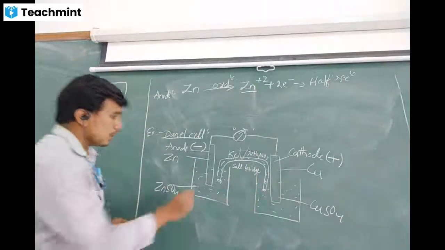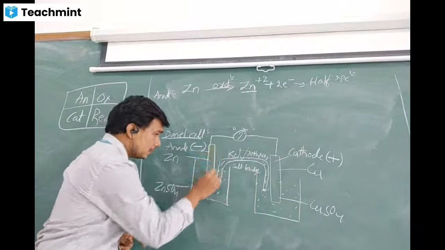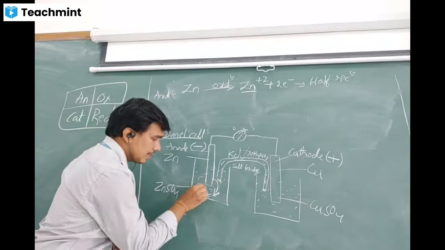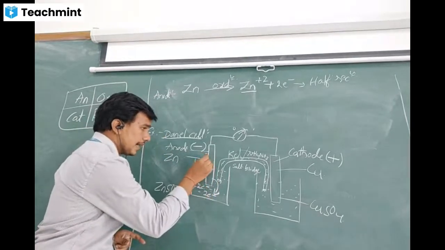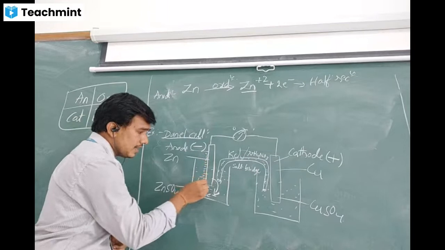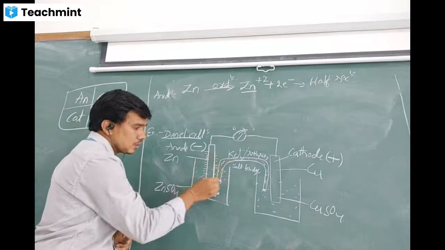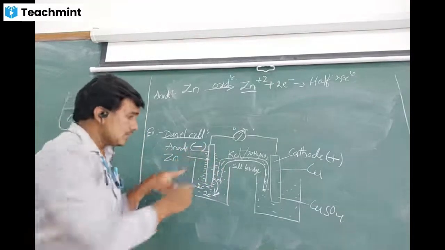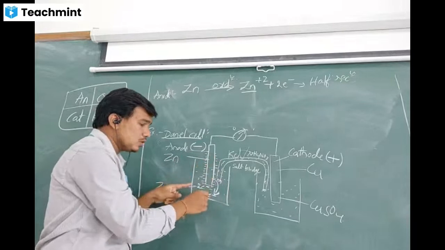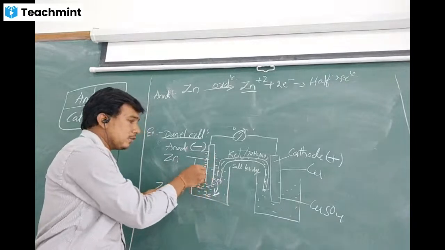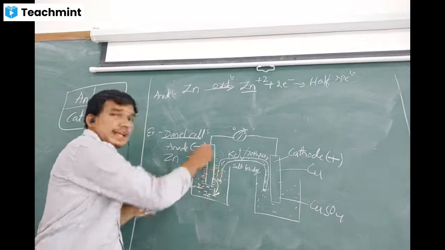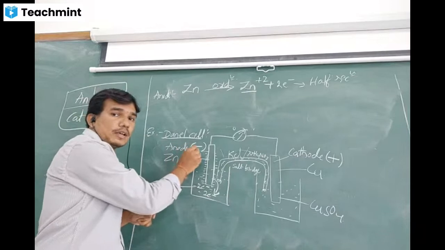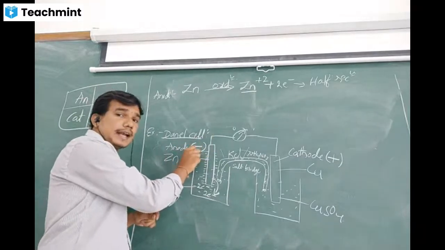Okay. So here this zinc metal is going to oxidize, liberating the electrons. Electrons mean negative charge. So that's why we have to denote the anode as negative, because zinc is going to oxidize, it is losing the electrons. So this electrode is being negatively charged. So that's why we have to show it as negative. Anode in a galvanic cell is with negative sign.